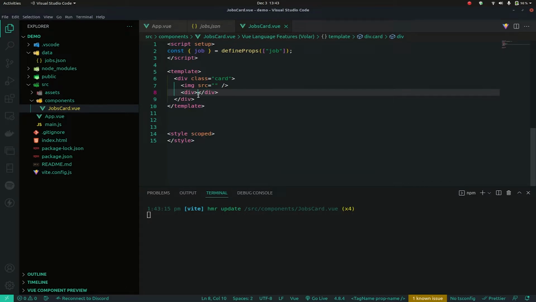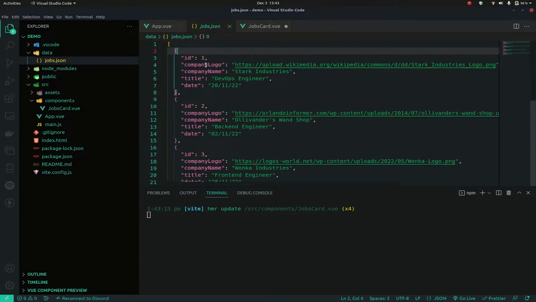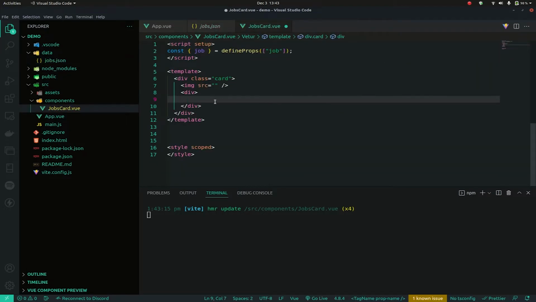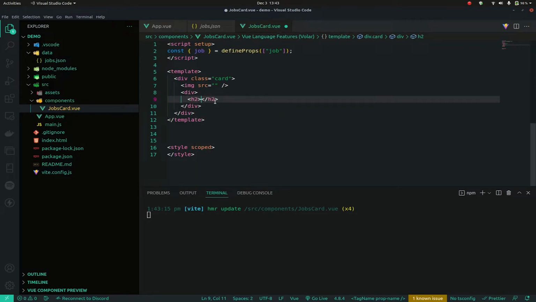Okay, and then in here, so now I can access all the properties of this object, so the company name, title, the date when it was posted. So what I can do is have an h2 tag for the title of the company, so I can access it like this, as I said before in the slides, to access state, we can use the double curly brackets. So job dot company name,